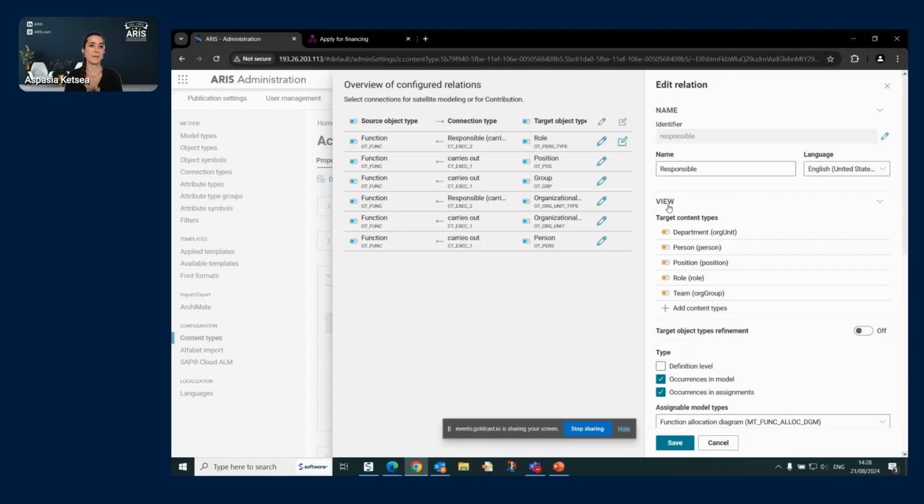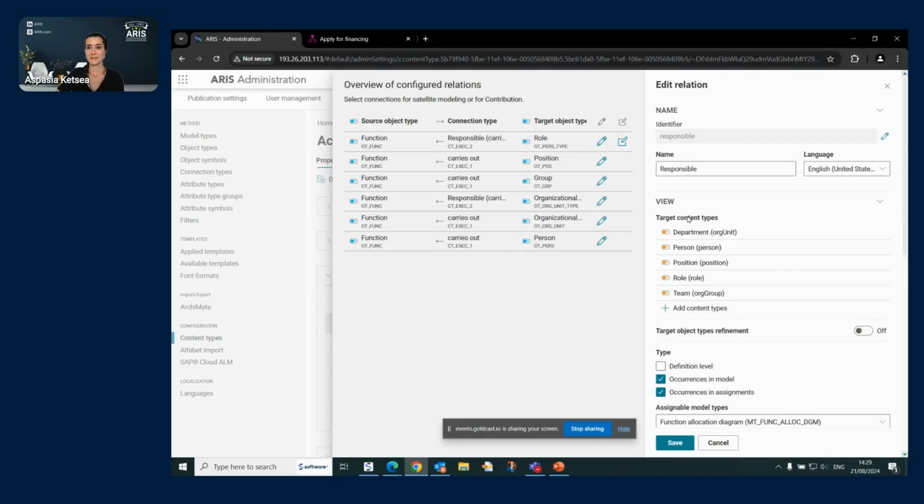This means that I'm using some configuration I'm doing here for, let's say, the fact sheet that I have for a model where I show the relationship of functions with roles or with any other object, or maybe for any property that I have added that I may want to use in the hierarchies that I can again set up on the content type. So view has to do with this kind of published content